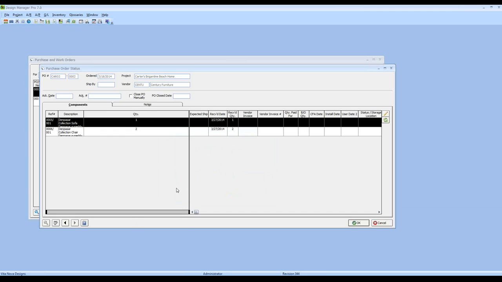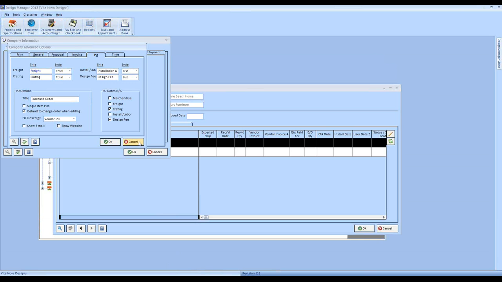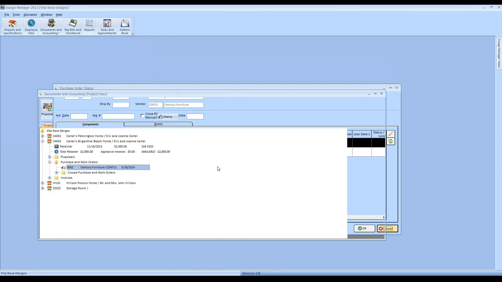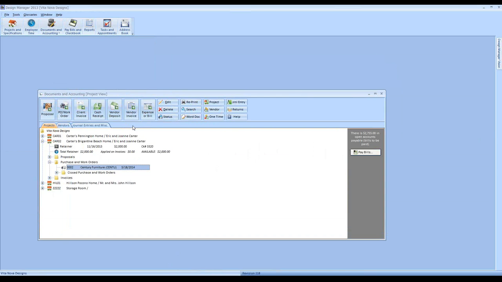Now, many of you are probably familiar with the purchase order status window, but there are a few other places where you can enter vendor order tracking information that are often overlooked. One of those is on the vendor invoice window itself. So if I was recording an invoice for our Century Furniture PO here,